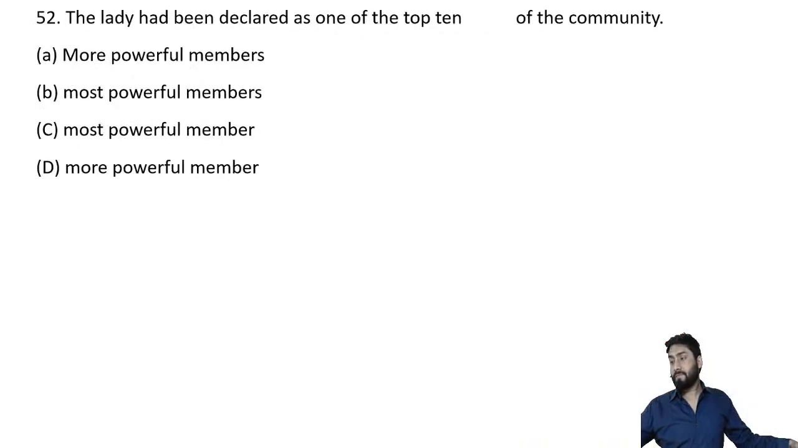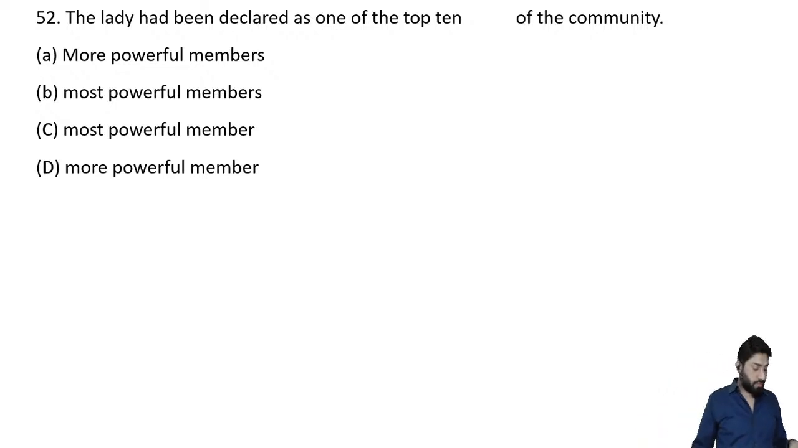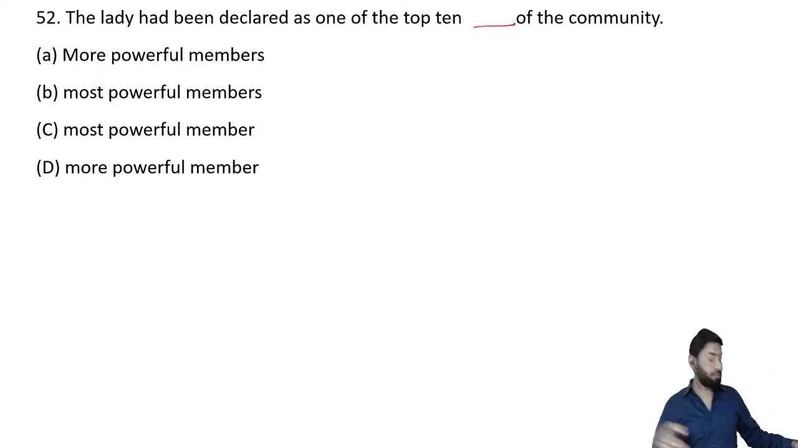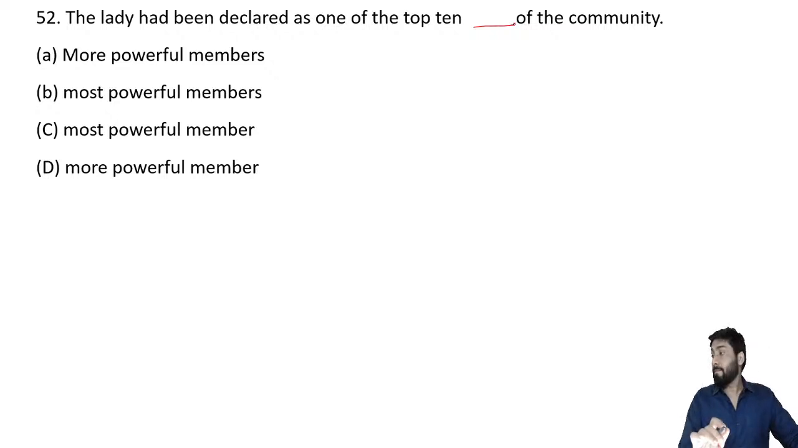So A. Next one, I think properly typed. Yes, the lady had been declared as one of the top 10 dash of the community. So the lady had been declared, 52 I think, right? Okay, done. Yes. Now, so coming back to this, let's do it. Now, so the lady had been declared as one of the top 10 more powerful members